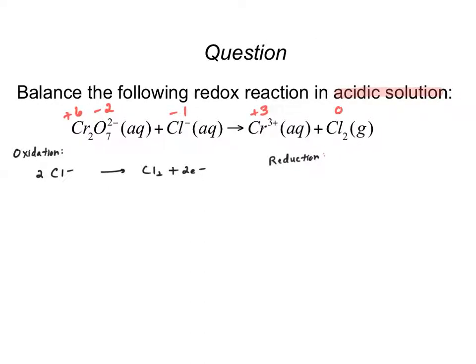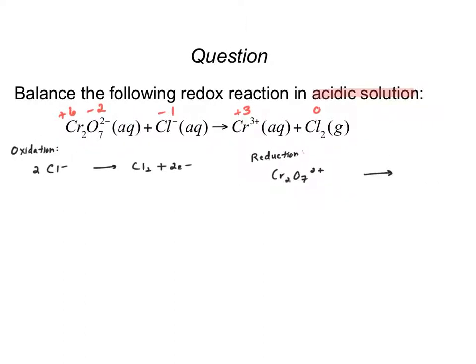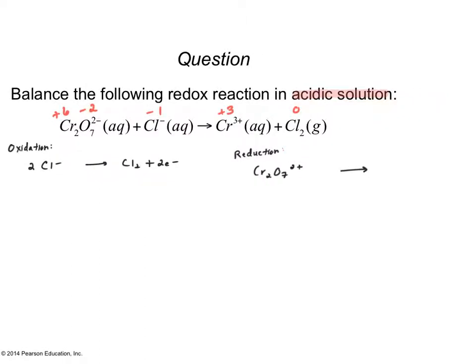Same exact thing for the reduction, right? So for the reduction, we're reducing chromium, Cr2O7 2-. For each individual chromium, we're going from a +6 to a +3. So for each chromium, how many electrons are they gaining? 3, right? But how many times do we have to do it? How many chromiums are there? 2, okay? So because of that, if each chromium is gaining 3, we need to do it twice, then the